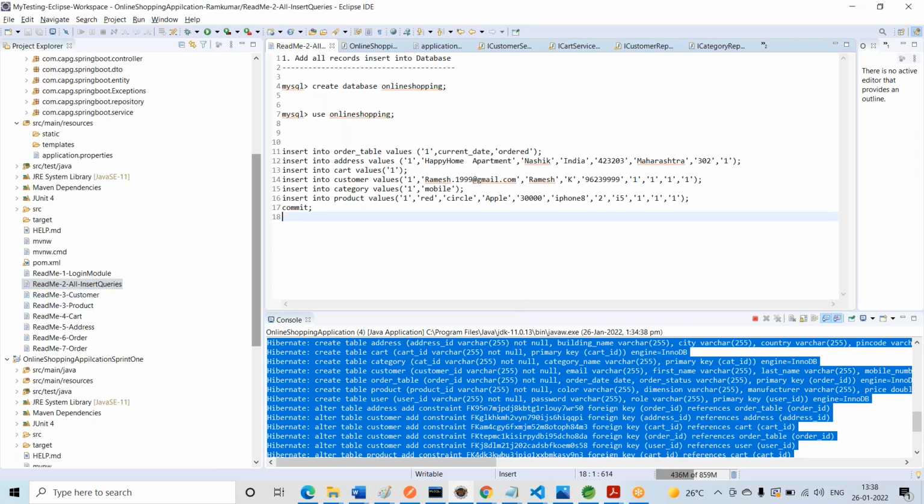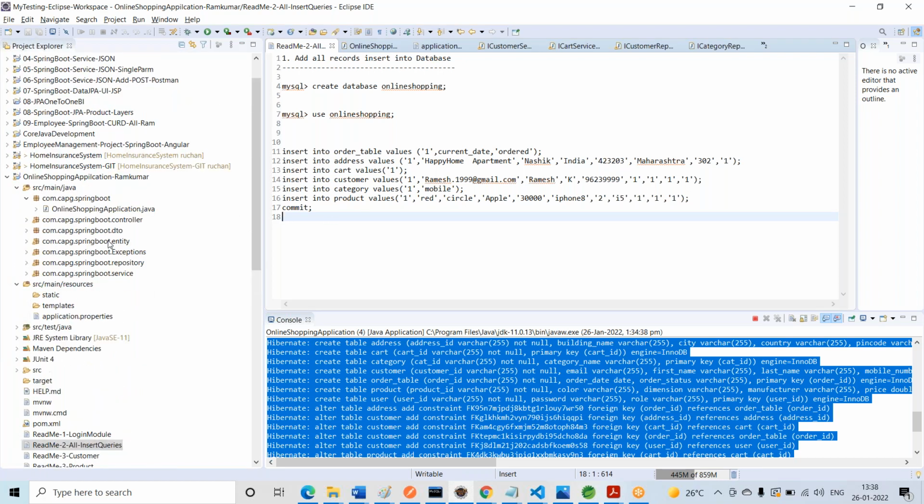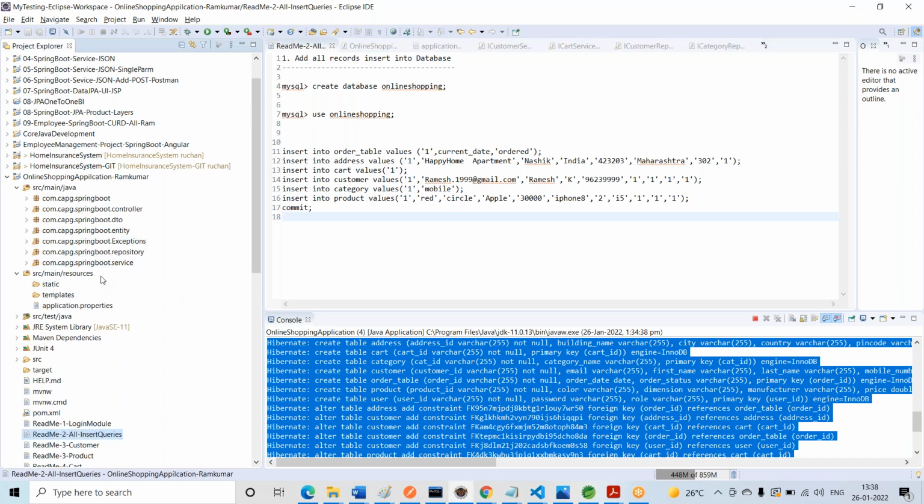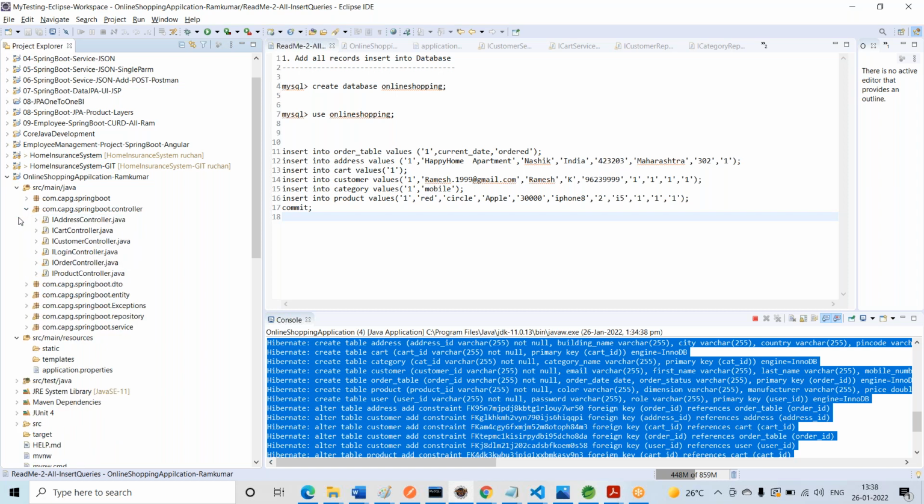Now we are trying to insert a record, so go to the customer module. Where is the customer controller? In the customer package, the first one is the customer interface, ICustomerController.